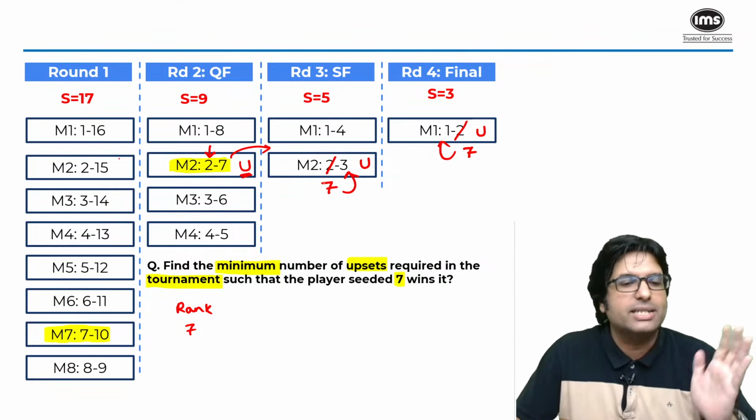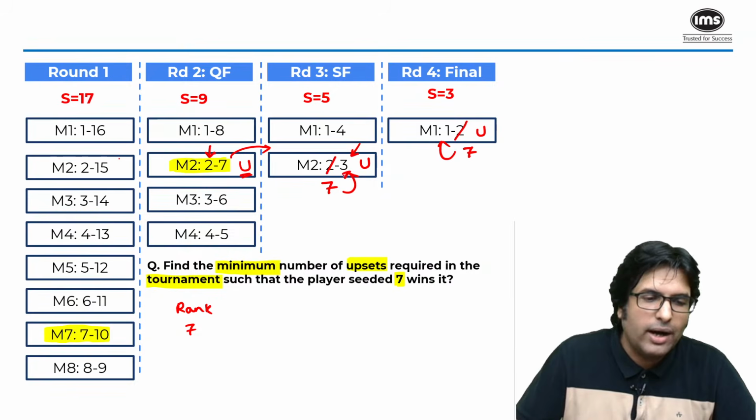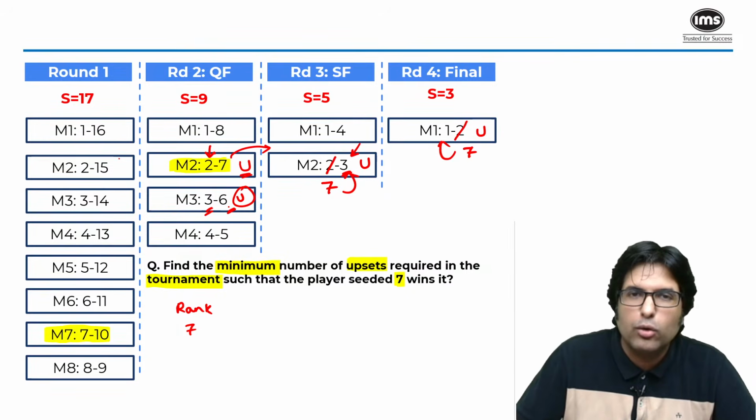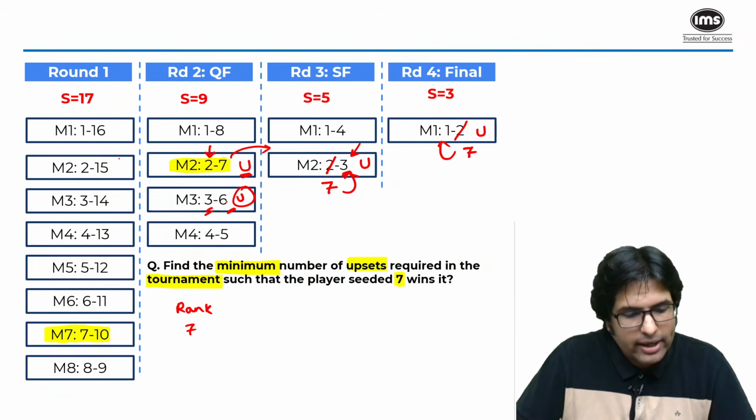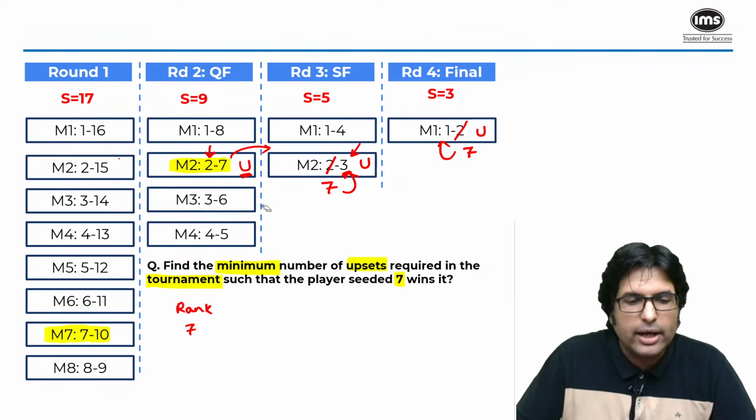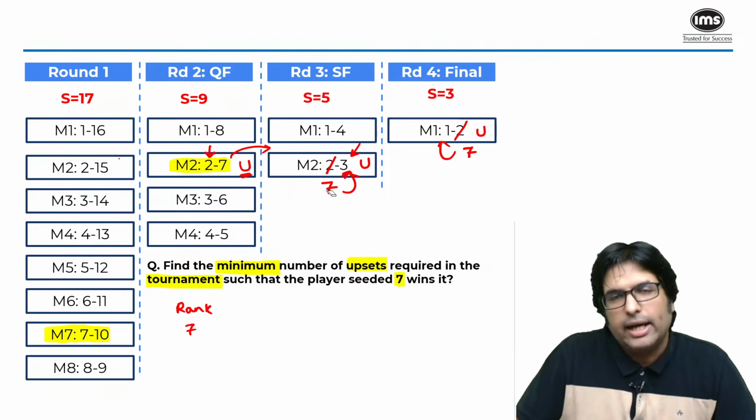Again you might argue back saying, sir, there is no need for us to have 3 here. Instead of 3, we could have 6 here. So you would require an upset then here in match 3 of round 2. Any which ways, you will require one upset in that scenario, and therefore can I say we can make this